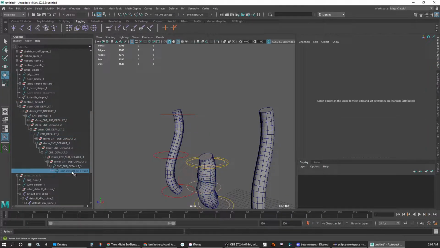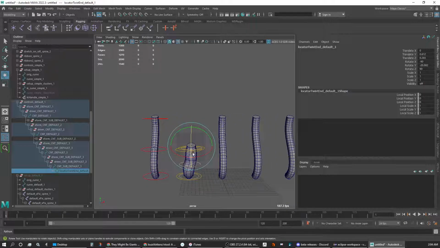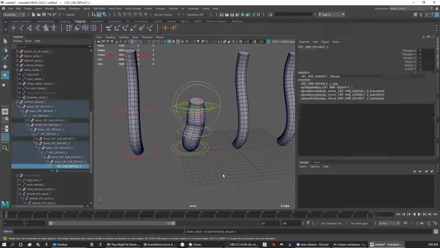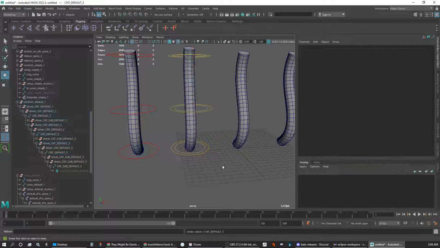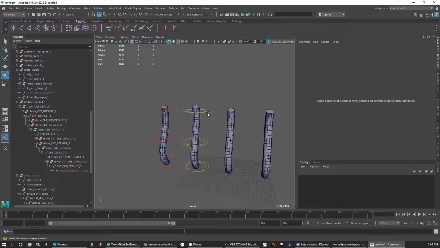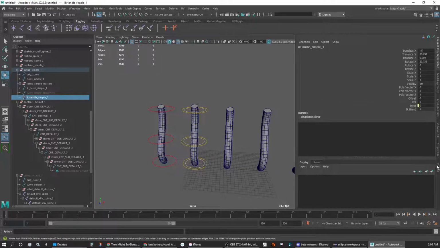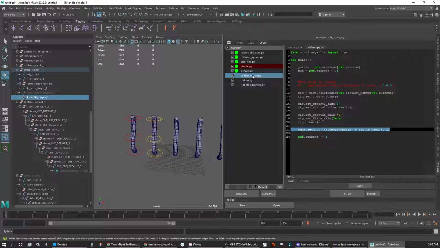So these can be customized as needed to get a more solid setup. These can be looked at as starting points to build on top of. You get a spline IK, you get your controllers, everything's kind of set up, and then you can go and configure it as needed. So these can be great starting points for spline IK. And then if I do stretch on off,